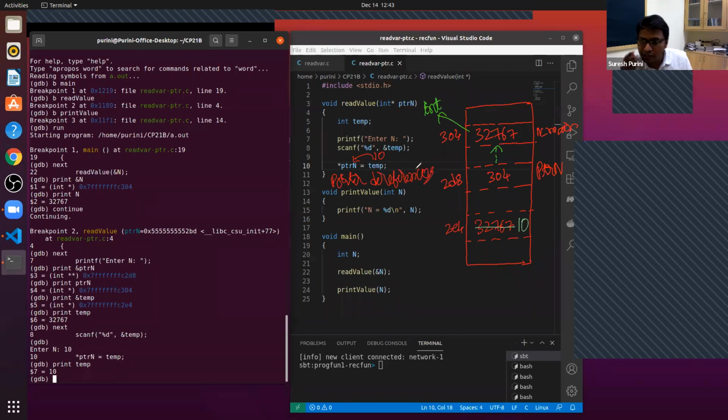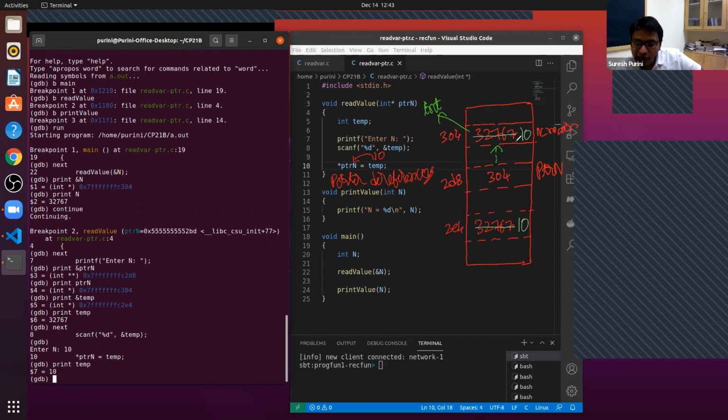This is what is called a pointer dereferencing operation. So ptrn contains 304. You don't update ptrn, you update the memory location which ptrn is pointing to. So after statement 10, this gets overwritten and we write 10 here. Star ptrn means you go to the memory location.